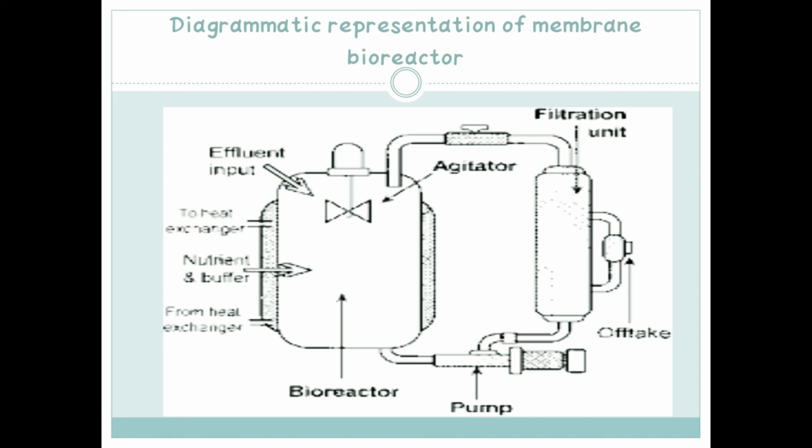This is the diagrammatic representation of a membrane bioreactor. The fermentation process happens in this vessel, and when the nutrient passes to here, agitation happens with the agitator impeller and it moves on to the filtration unit. In this filtration unit, the solid particles are separated by the filter, and often the solid particles are moved again to the bioreactor, which means the primary vessel.